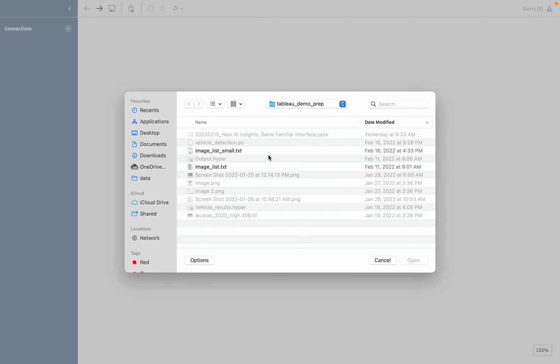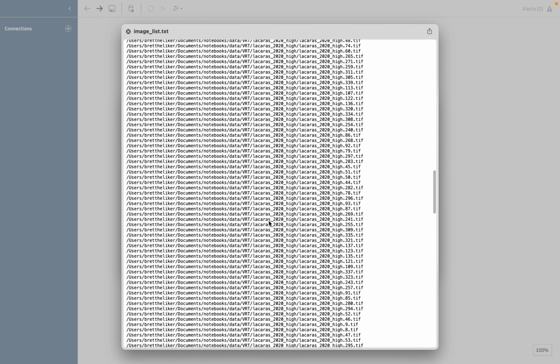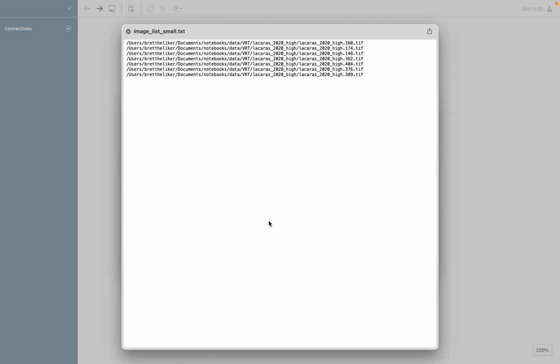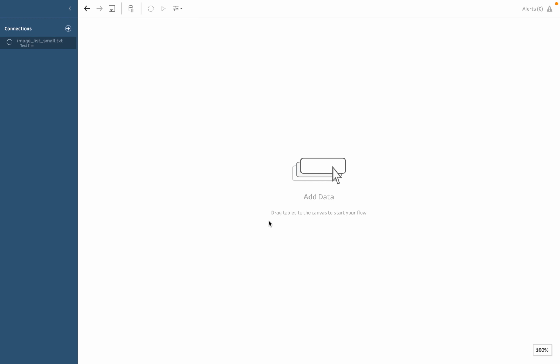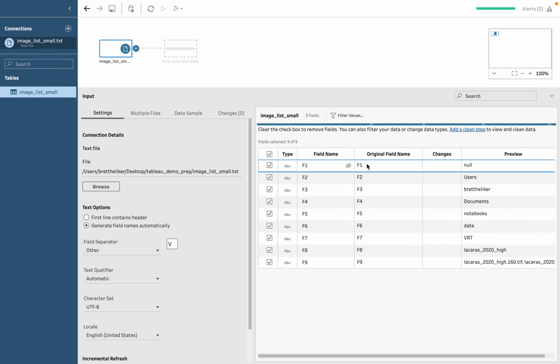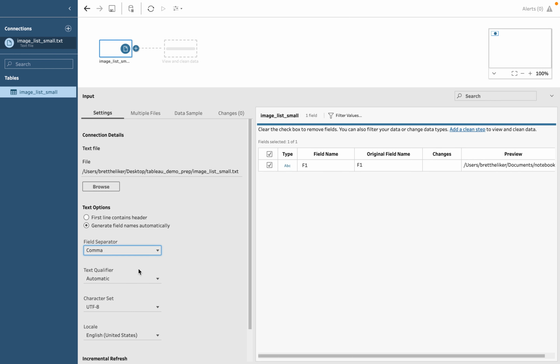In this case, I've made a little text file, basically just of every single image in my data collection. Again, this could be hundreds to thousands to tens of thousands of images, depending on the size of the area I'm analyzing. And for today, to keep things fast, I'm just going to use this little subset of images. Tableau is going to import those, and it's going to try to parse them because Tableau is really good about trying to help you out, but I'm going to tell it each individual line is its own file. So we're not going to look any deeper than that. Tableau, keep your hands off.